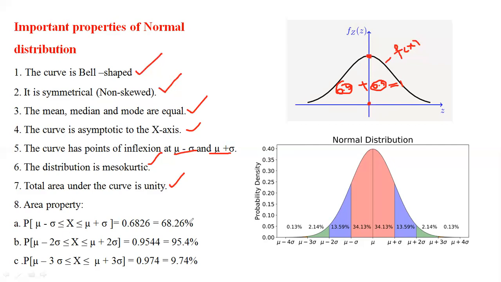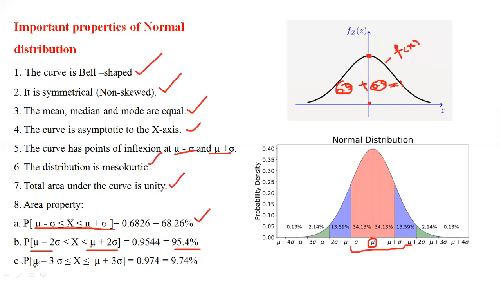And we have three major important properties. If this is the mean, then between mu minus sigma and mu plus sigma, 68% of the information is available. If you see, this is the total information under the curve. Just by taking the mu minus sigma to mu plus sigma interval, we can cover 68.26% of the information. Similarly, when you take the mu minus 2 sigma to mu plus 2 sigma interval, we can cover up to 95.4% of the information.